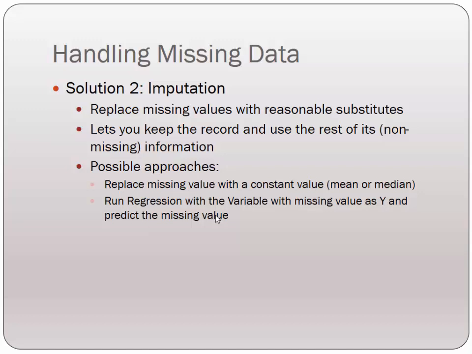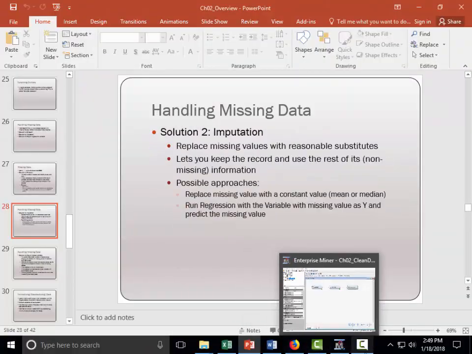If you have categorical variables, then you cannot run a regression analysis for that. Then you can use the mode, a value that occurs most often, and replace a missing value with that. So if sex was missing, and there were slightly more women than men, now there's going to be a lot more women. Exactly. Of course, this is not perfect, but we are just trying to mitigate as much as possible an impossible situation. Okay. So let's look at